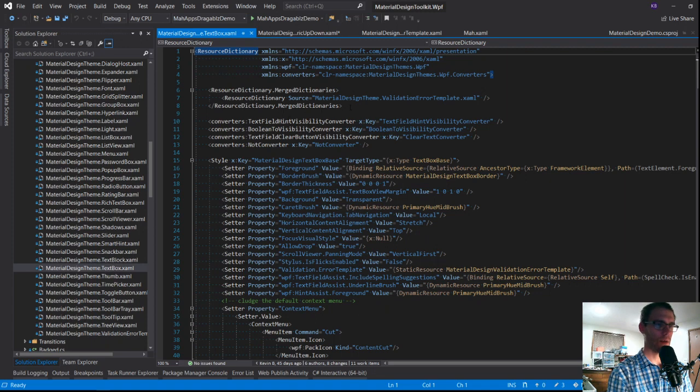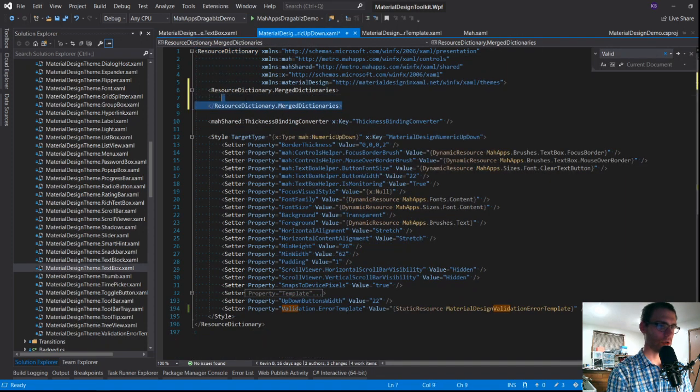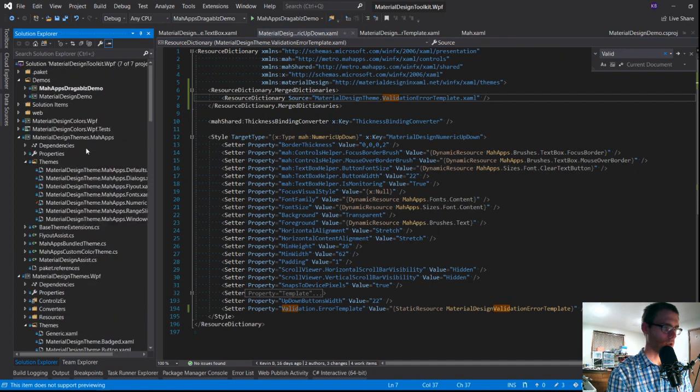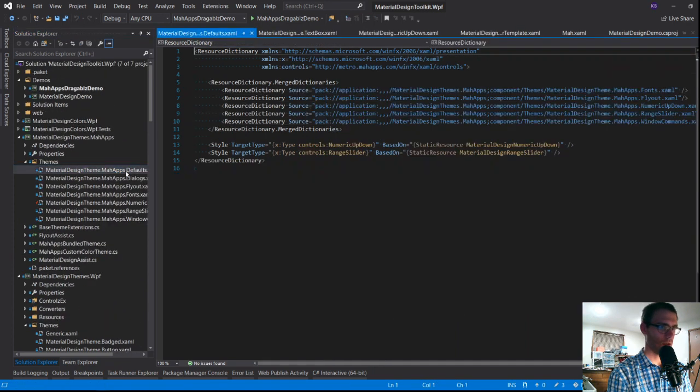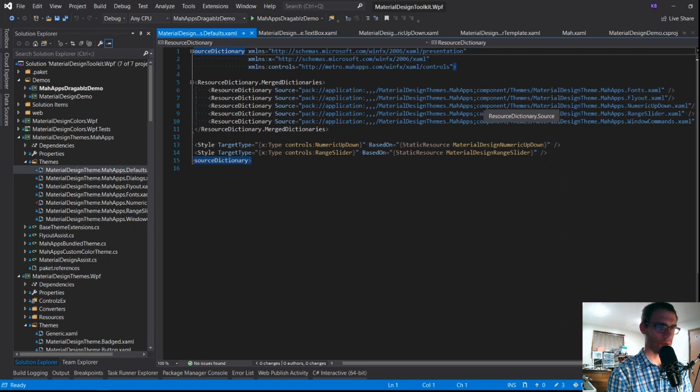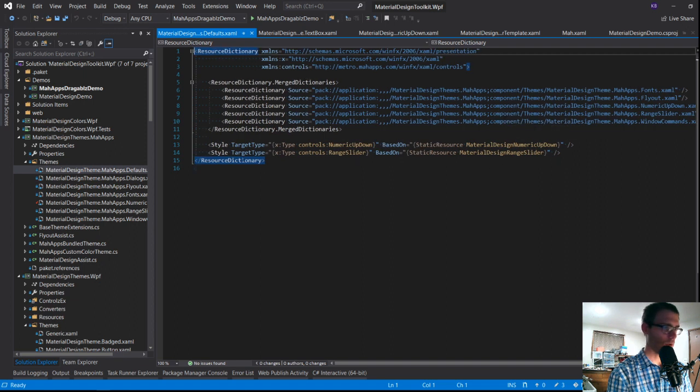Yeah. Basically this. Except the merge dictionary isn't going to work here because this is a project reference and yada yada yada. So I actually need to grab the reference across, but this isn't quite right either.